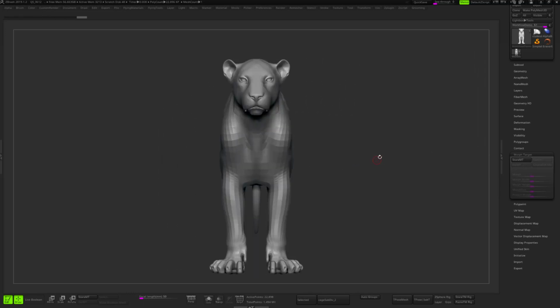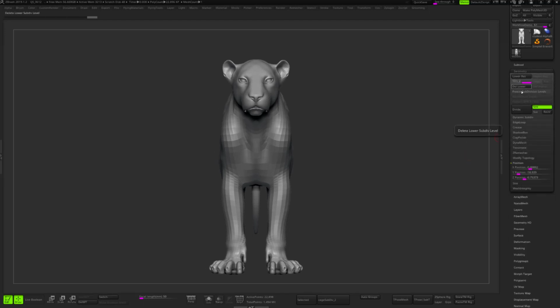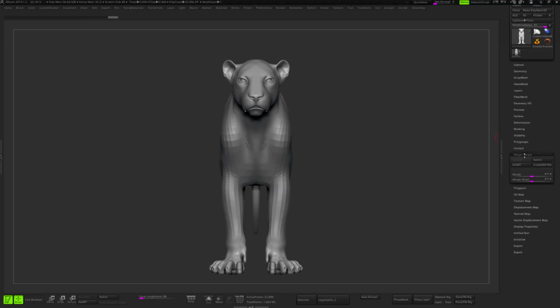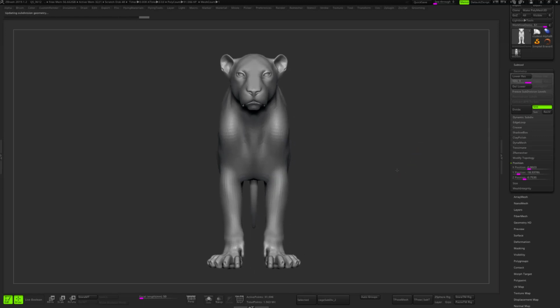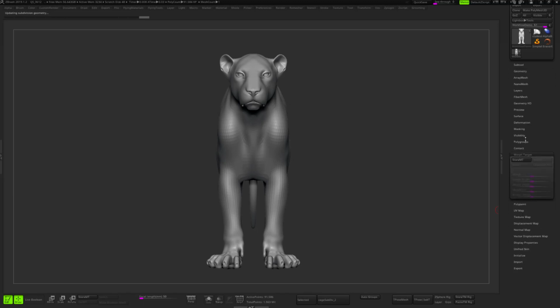So if we do that again from this level, let's say that I want to subdivide this model, I will store a new morph target, go in Geometry, Divide, go back to level 2, Morph Target, Switch, Delete, Geometry, and go to level 3. Now I want to divide it one more time, so I have to do it every time I want to subdivide my model. So Morph Target, I just have to store it, Ctrl D to add one other level, Shift D to go to a lower level of subdivision, I will switch, delete, go to the latest level of subdivision and store again my morph target, and so on and so on.